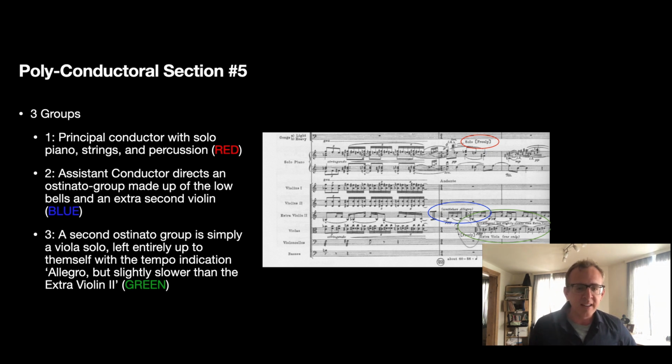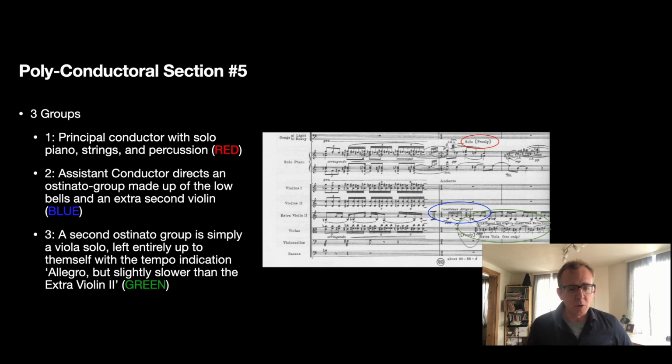The solo pianist takes the artistic lead in group 1, and the principal conductor is tasked with making sure that the other members of this group play together with the pianist. Group 2 is clearly led by the assistant conductor, who has significant freedom in tempo. The tempo indications are at first allegro, so a range, and then later in the middle of the 5th measure before figure 25, adjusted by the indication a little faster.